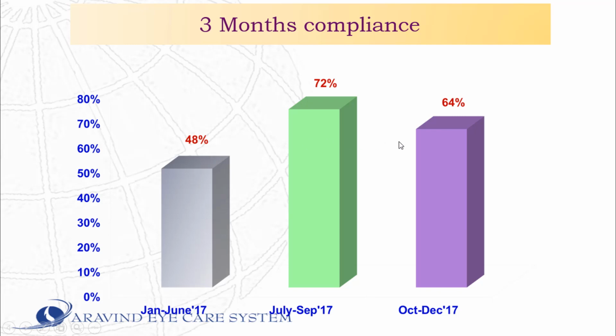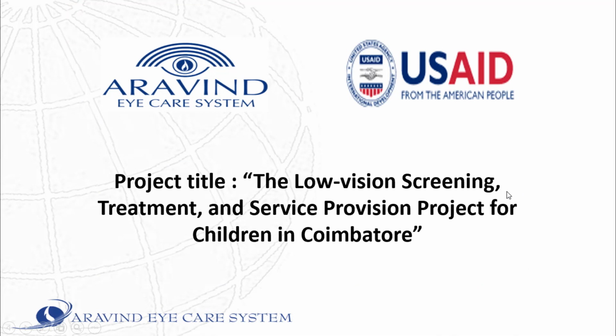When you look at the complaints, initially they had some problems and they tried different methods. Then they could improve compliance with wearing glasses up to 72%. Even the major study shows only 40 to 50% after 3 or 6 months. So it definitely shows that when we change the strategies, even with a smaller change, it will improve and make a remarkable difference in the child's vision and compliance with glasses.